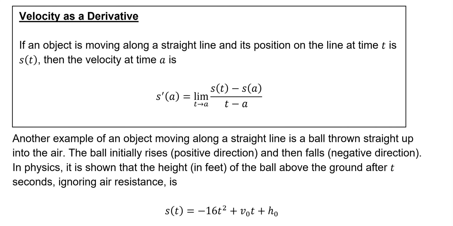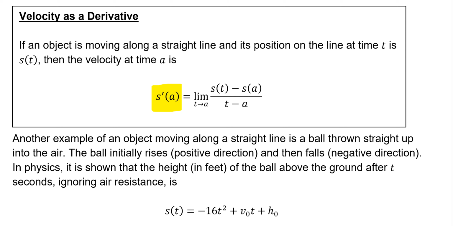So we can go ahead and think about velocity as a derivative. Using that first definition that we used, we could also use the second definition that we used. That's where it kind of gets annoying, because we have our two different definitions for derivatives. Technically, they're both correct. Sometimes one of them will be easier than the other. So if we want velocity, velocity as a derivative is going to be s prime of a. So if we want to figure out